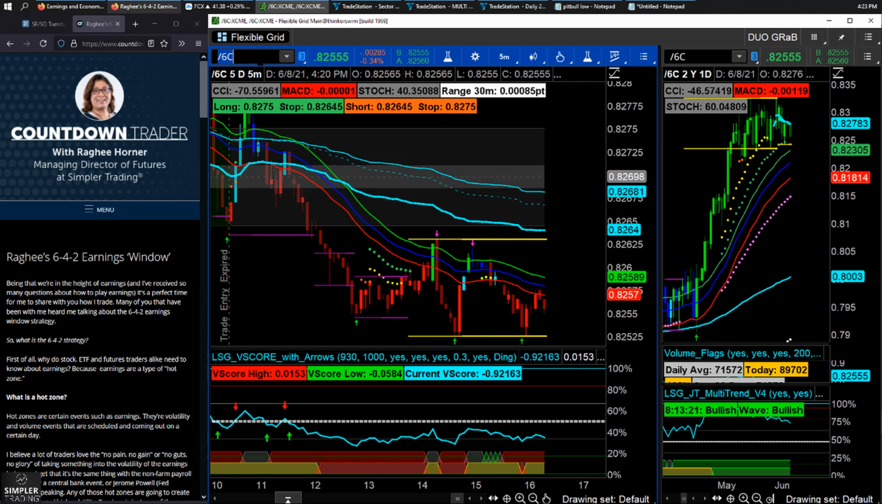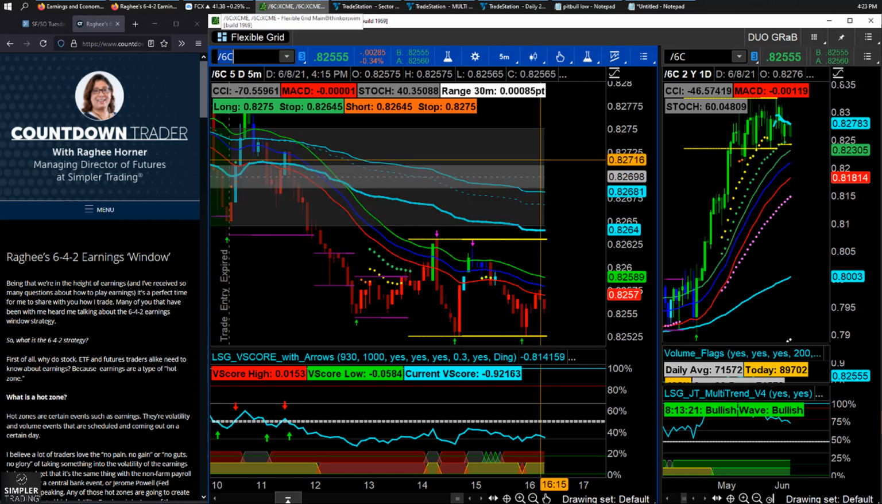And that doesn't even include getting into relative outperforming ETFs and individual stocks, which we talked about today too, like